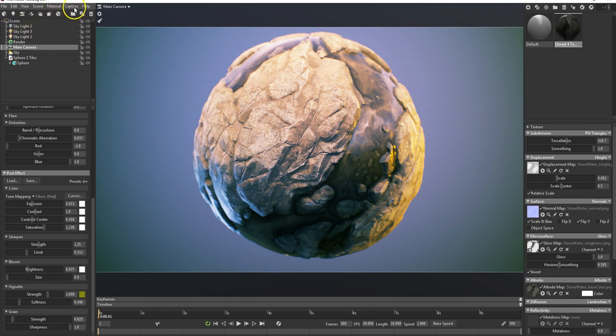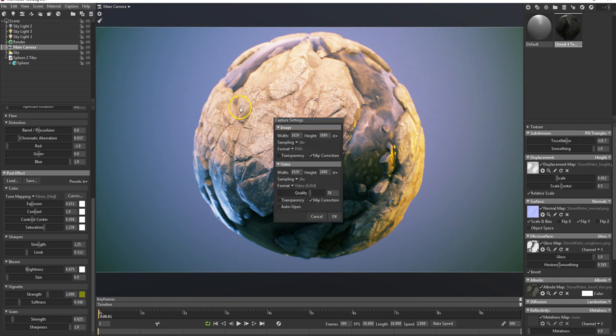So if we're happy with that, then we just need to go to, where do we need to go? Settings, and we can set how we capture it. So I tend to think you don't really need too much of this. I mean, you don't really need more than 16 times sampling, but you probably want this to be a little bit bigger. You'll want it to be either size you're going to use, or maybe a little bit bigger so that you can scale it down. But if we went for something like that sort of size, we did 16 times sampling,